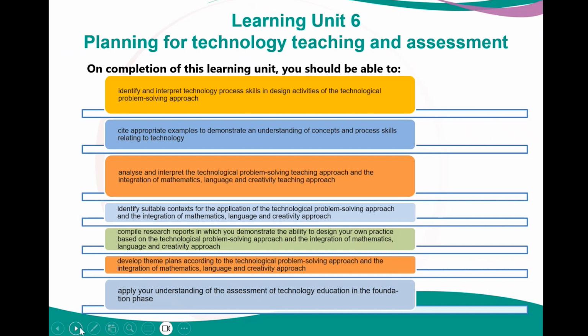So we're looking at Learning Unit 6 today. In the previous Learning Unit, you were introduced to information technology and how it can be used in teaching and learning. In Learning Unit 6, we're basically planning for technology teaching and assessment. On completion of this learning unit, you should be able to identify and interpret technology process skills in design activities of the technological problem-solving approach, and also cite appropriate examples that demonstrate an understanding of concepts and process skills